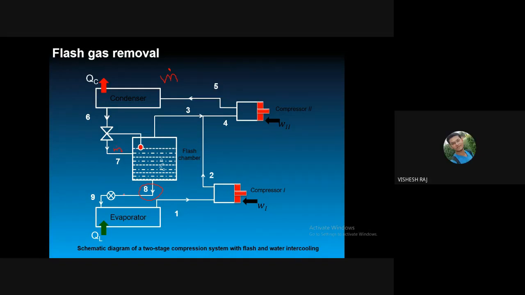M dot ही होगा सर. How is it m dot? Suppose at point 7 our condition is liquid plus vapor mixture, and we have separated the liquid and vapor. So we sent some vapors to the compressor, and we have separated the liquid, and we are sending the liquid to the evaporator. So how is it, Sir, m dot less than m dot?